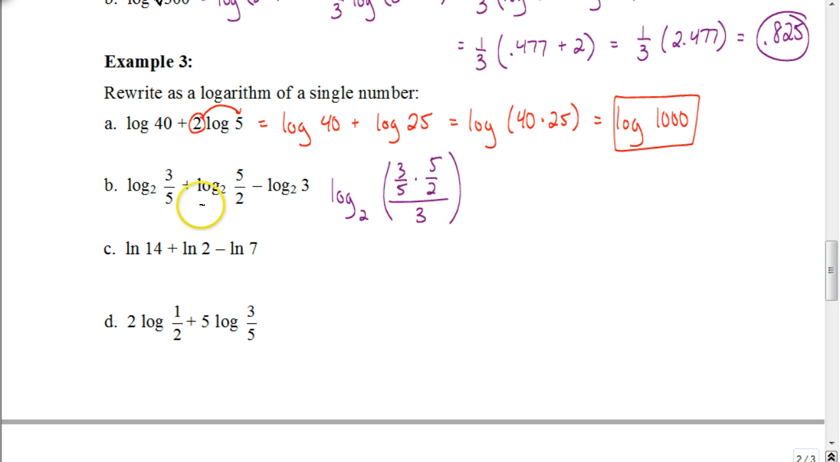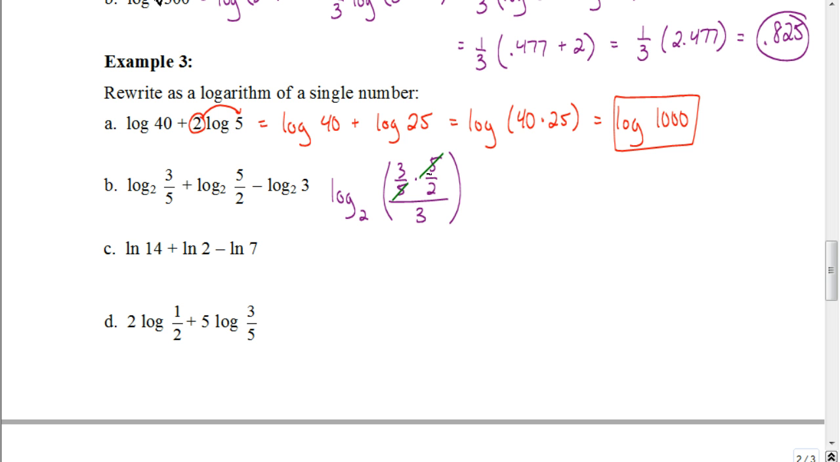So again, since we're adding these two logarithms together, we would multiply those values. Since we're subtracting, we would divide by our final value there, divide by 3. Now if you notice in the numerator, we can simplify that. The 5s would cancel out, leaving us with 3 halves in our numerator, but we don't want to leave 3 halves in our numerator